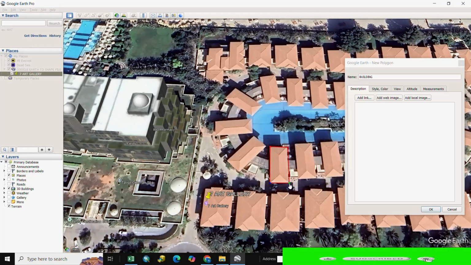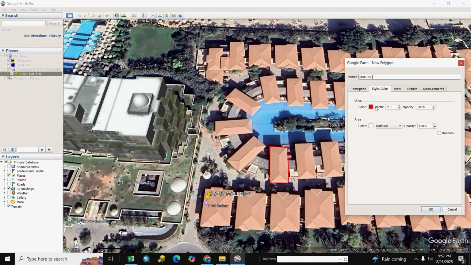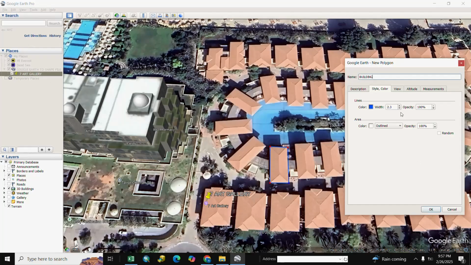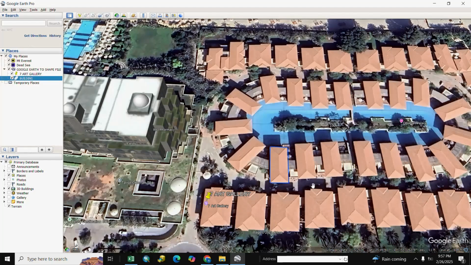If you want to change the color, go to Color Style and select your color as per requirement, and the width size and area. Outline, filled outline. We select outline here and OK.